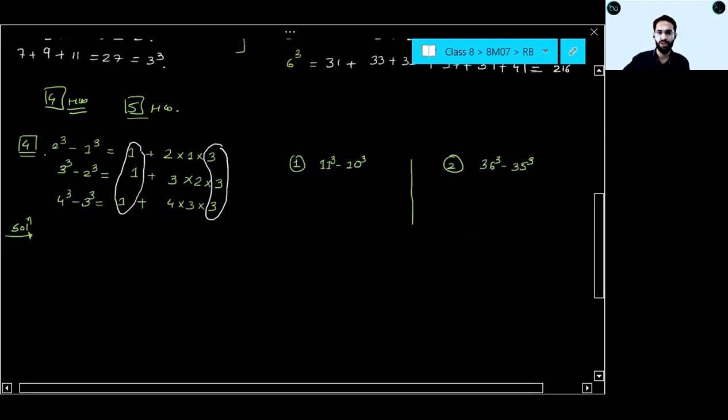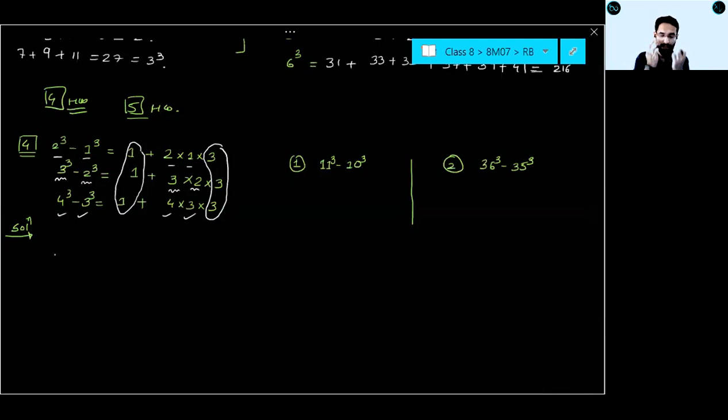For the first question, in LHS it is 2 and 1. So here we are having 2 and 1. In second, LHS 3 and 2. So here we are having 3 and 2. In third, it is 4 and 3. So here we are having 4 and 3. Are you getting my point?